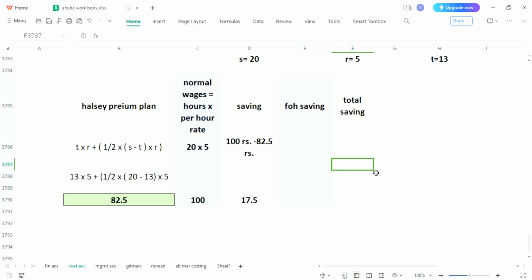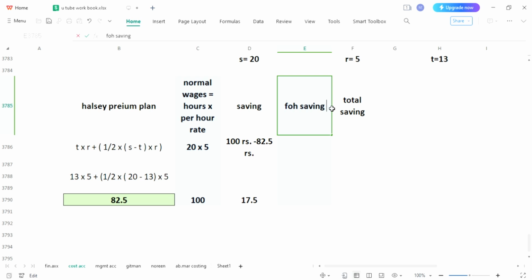Okay, so these two savings would be matched if they are not using Halsey premium, under which you have seen Halsey 82.5 and its saving in normal wages. In both ways we will be calculating. Now if normal wages are calculated, how much saving would be done? Under the Halsey premium method we have calculated it as 7.5. So FH saving would be done over here, and the way it would be used will be hours